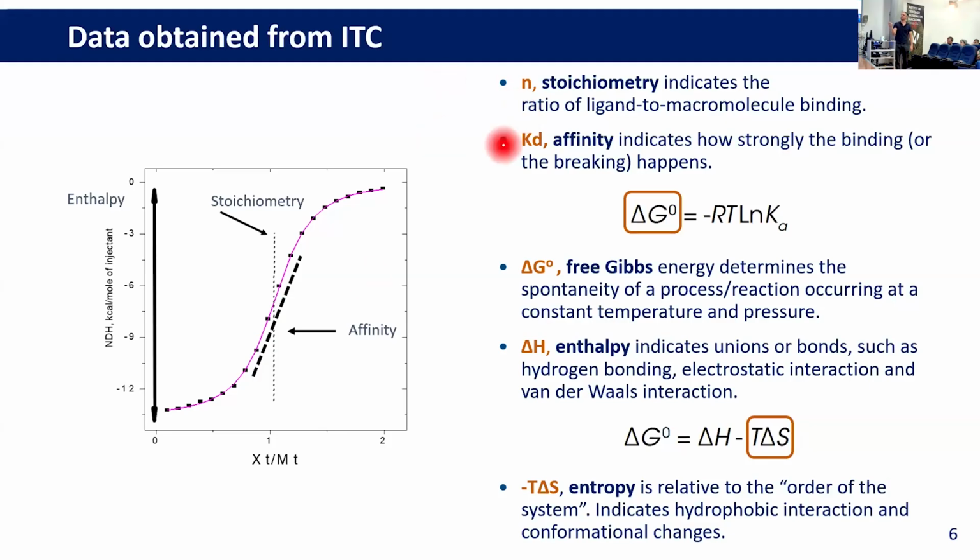If we know the affinity or this dissociation equilibrium constant, we can know Ka because one is the inverse of the other one, and therefore we can calculate through this equation in here the Gibbs free energy. Remember that for having a spontaneous reaction or binding, the delta Gibbs needs to be negative. This indicates a spontaneous reaction. And we also can know the enthalpy of the reaction because the difference between the 0 and the maximum of the plot is going to give us the enthalpy.